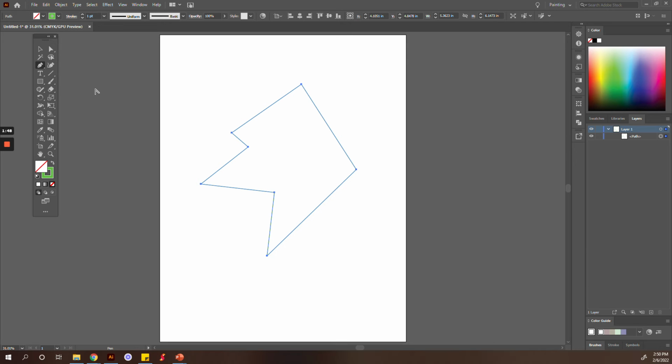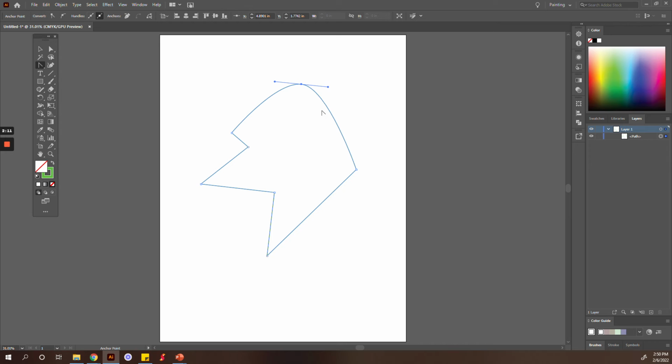So now the anchor point tool, what this does, and like you saw earlier when I took the pen tool and I clicked and dragged and it gave us a curve, this is specifically for those anchor points. So it doesn't really work on a path. I'll show you what it does, but it does work on the anchors. So if you go over to the anchor and you click and drag, you get these handlebars. What the handlebars do is they allow you to curve both sides or both paths on either side of that anchor point. So if you want to adjust those handlebars, you actually have to go to your direct selection tool,